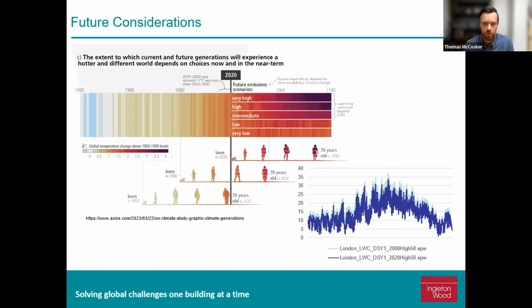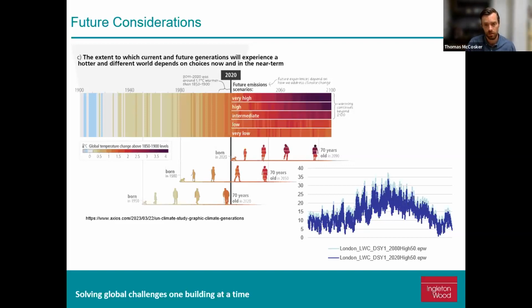And finally, we all know and acknowledge that climate change is an issue that we all face in the UK and around the world. We're seeing rising global temperatures, as the graphic here shows, and last summer demonstrates what a typical, or sometimes even, depending on which weather file you're looking at, a low heat summer might look like.